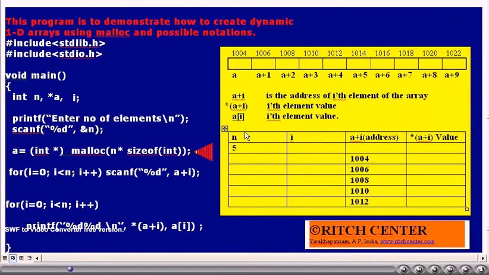Here we wanted to give one emphasis. A is 1004. If A is an integer pointer, A plus 1, A plus 2, A plus 3, etc. are addresses of the next elements. They are also integer pointers. If A value is 1004, then A plus 1 becomes 1006, A plus 2 becomes 1008, A plus 3 becomes 1010 and so on. Remember,